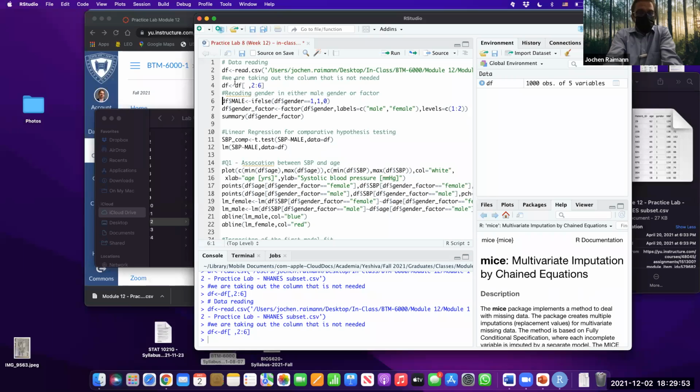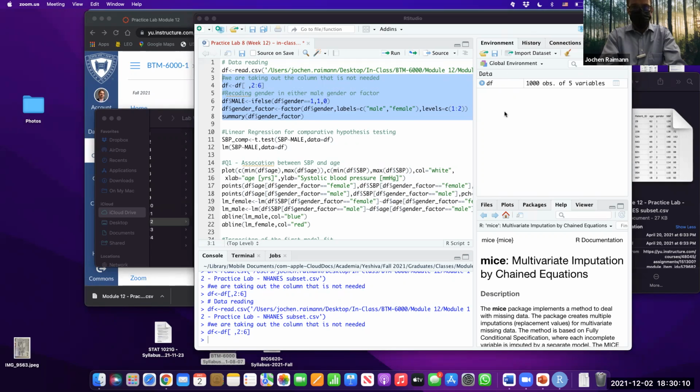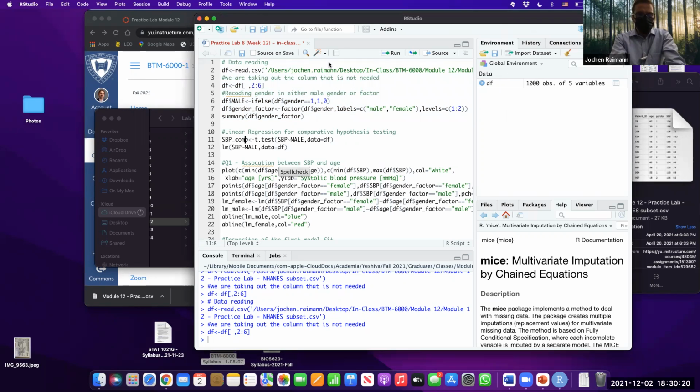So we're recoding gender now as a gender factor. That essentially will, and we have done that already. I'm dropping it in the chat just so you can move faster, as soon as I find the chart. That is essentially what we're doing now. So you can now, in the first step,